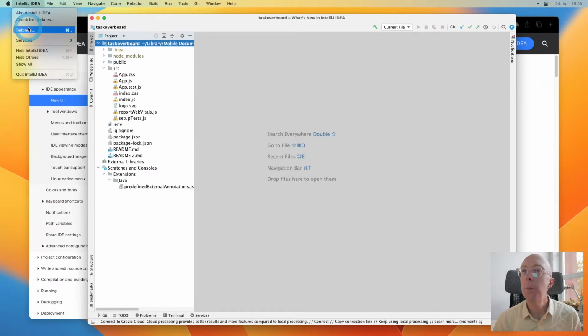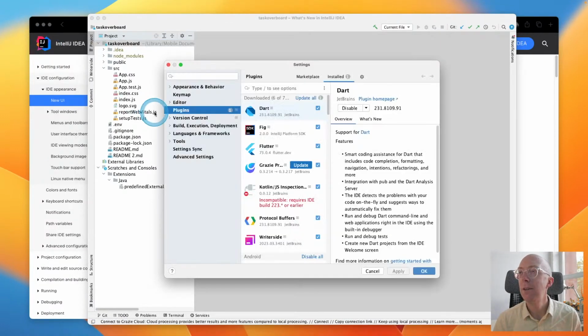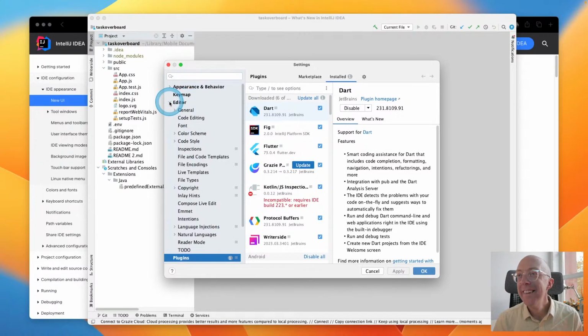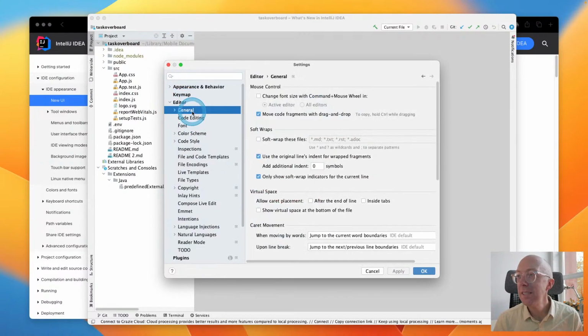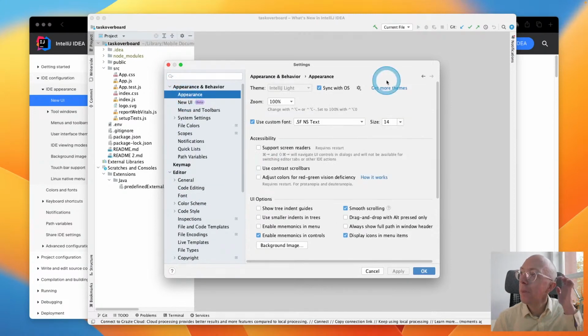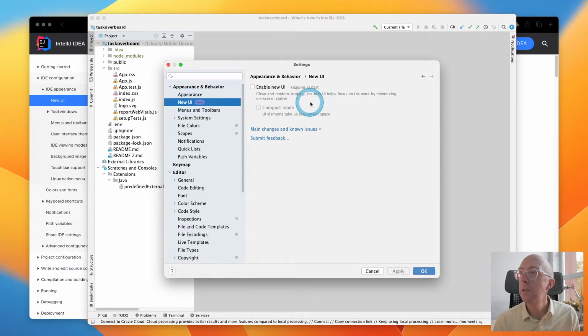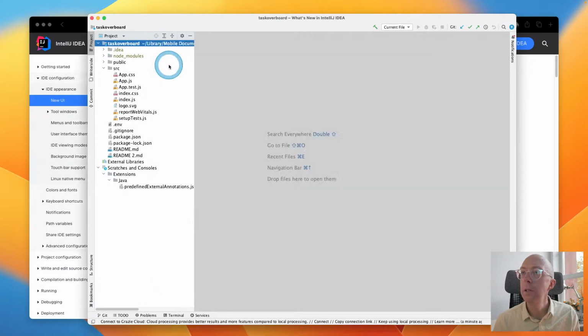I don't say old fashioned, but older fashioned, maybe. Not really any way to make these buttons and things look more Mac-y, if that's even a word. And as we looked at earlier, VS Code also doesn't do it anyway. You can see some things here, Sync with OS, for example, etc. And here's the new UI. We'll come to that in 1 second.